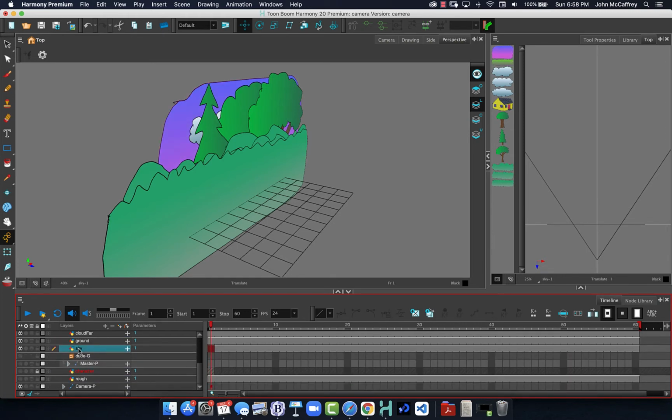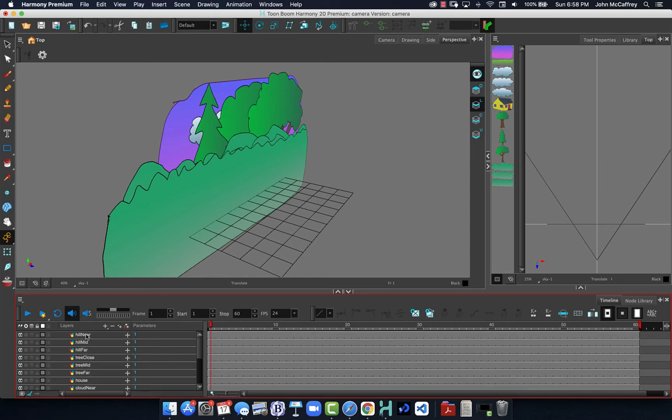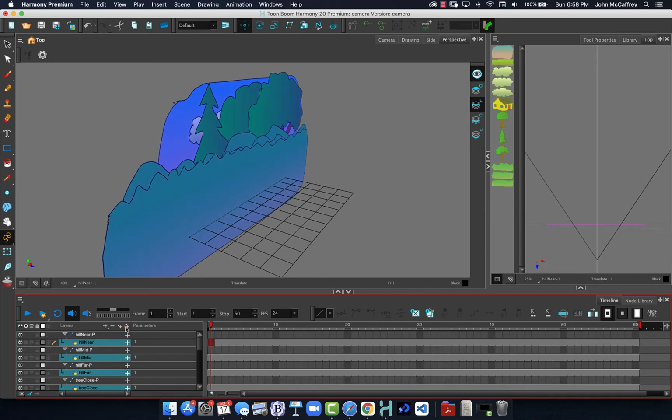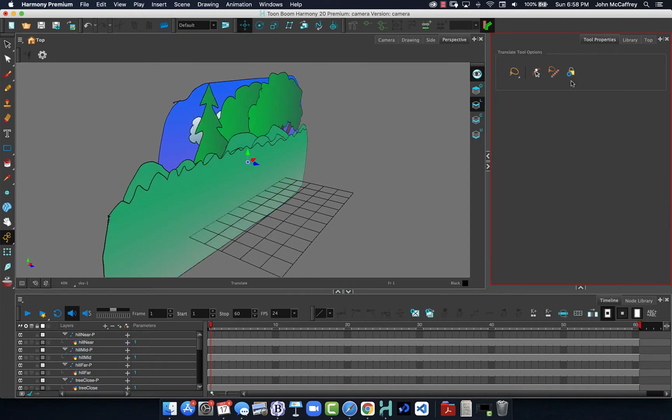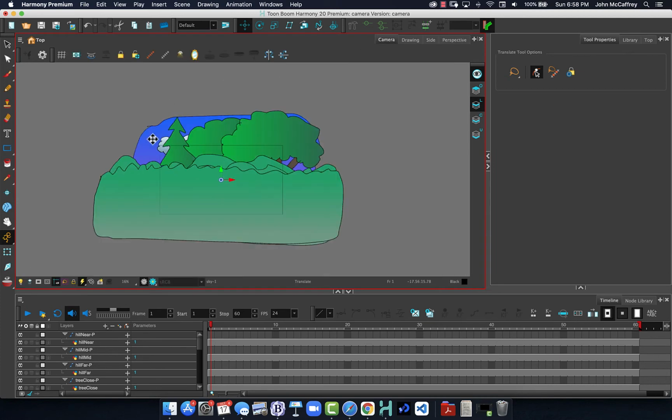So if I shift select all of my layers, I can just simply click on the add peg icon. That adds a peg to each one of my layers, and now we're good. So now I can click on sky layer. Now one thing I will want to do is I will want to make sure I have peg selection mode active on this. So if we go back to our camera view,